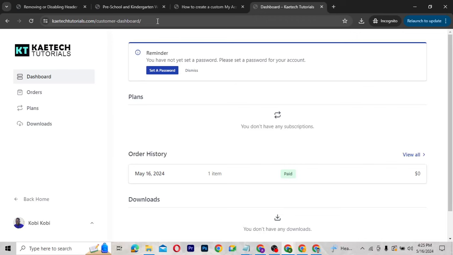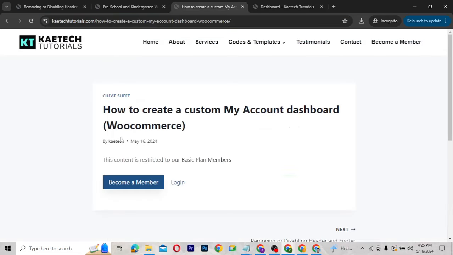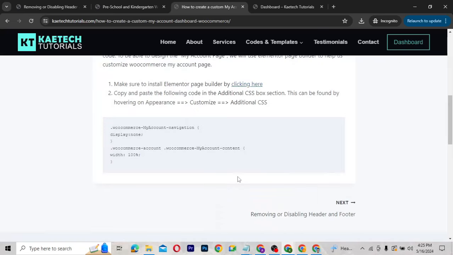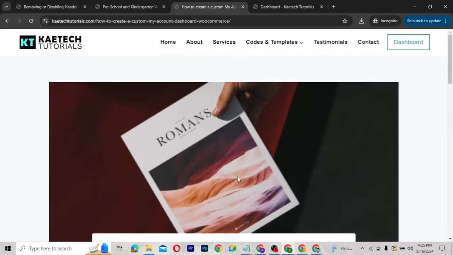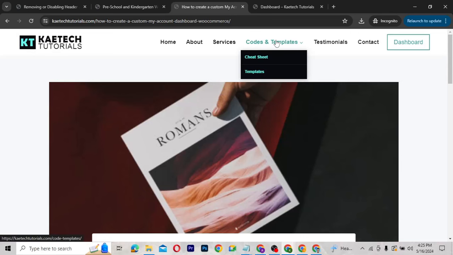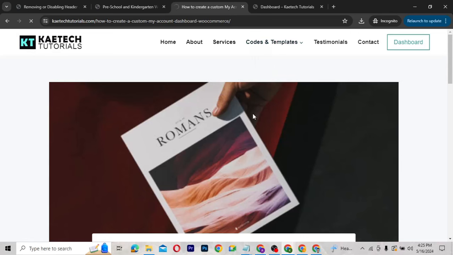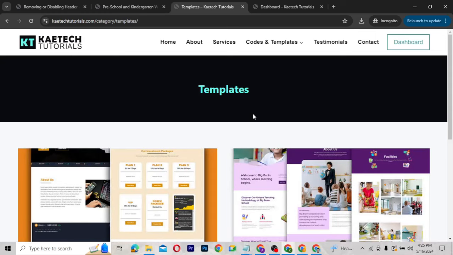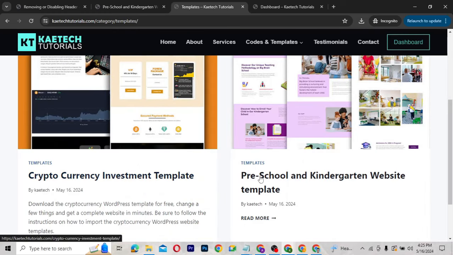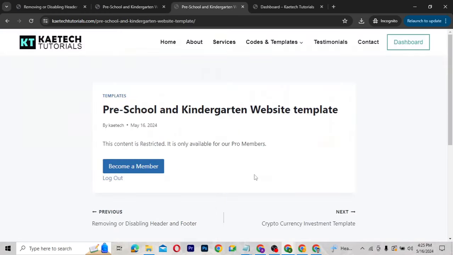Now if I go to the content that I couldn't view over here, and I refresh it right now, you see now I can view that particular content. Okay, so that is what that is. Now the same applies if I want anything from templates also. Now this one is a paid one. So if I click on, let's say, preschool over here, it says I should become a member,